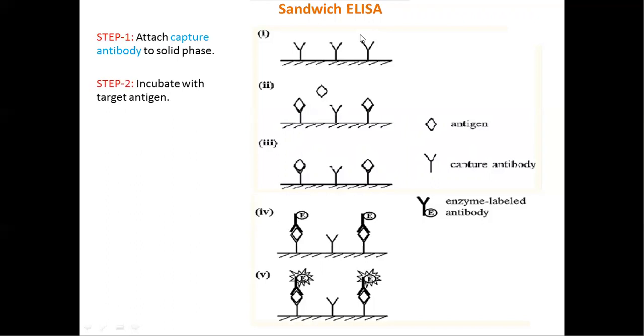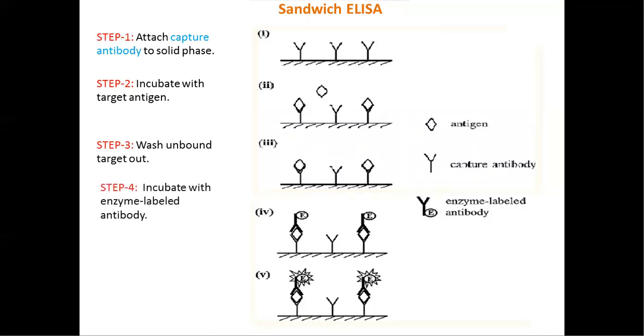In step 2, we add antigens with different epitopes to capture antibodies to form antigen-antibody complex. Then serum is incubated. In step 3, unbound or unreacted antigens are washed from the serum. In step 4, we add enzyme-labeled antibodies to target antigens at their epitopic sites, forming sandwich arrangement of antigen-antibody complex with the capture and secondary antibodies.